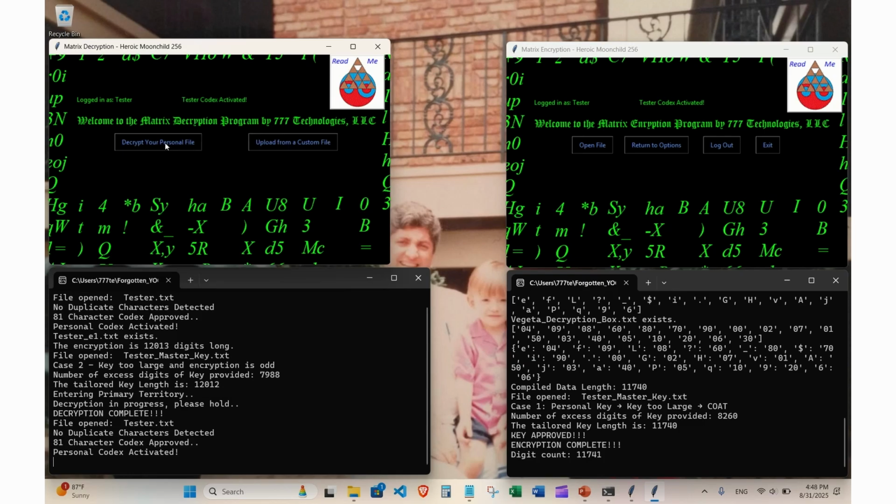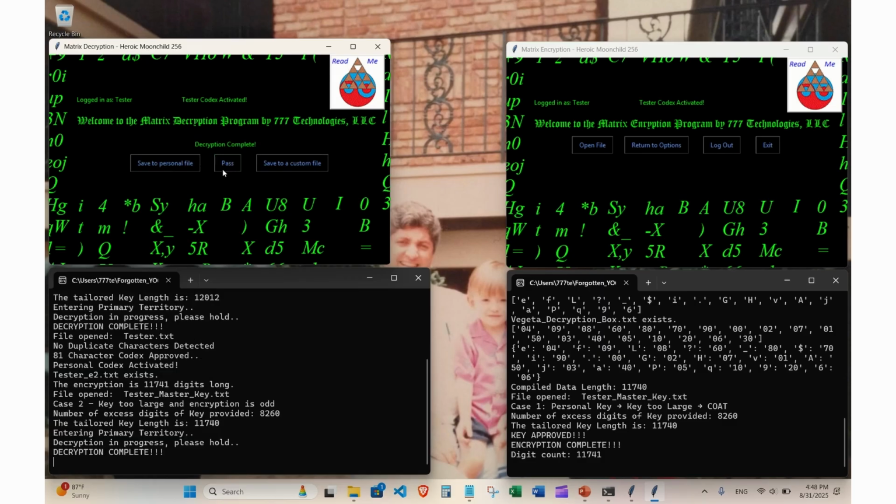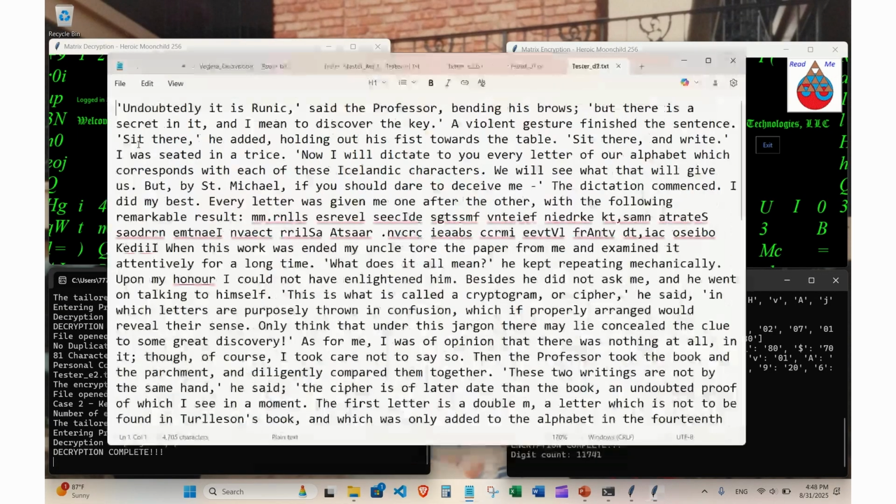So we're returning to options, we're going back in, and we're going to upload tester E2 this time. We want to decrypt it with the tester codex, odd number of digits detected, continue, upload the same master key, the tester master key, decryption complete, save to custom file. Tester D2 is the file we will save to, open that file, and now look at it side by side